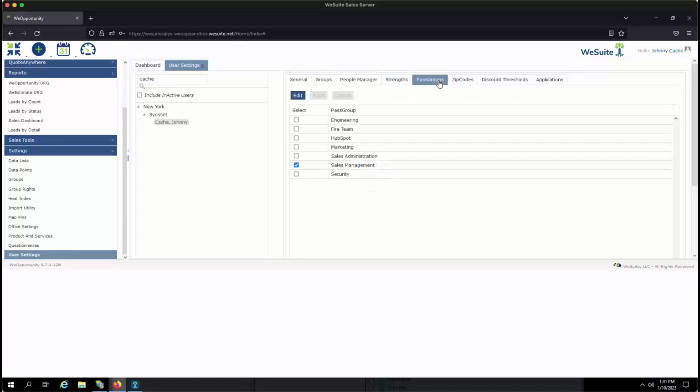Task groups, something that I touched base on a little while ago. Task groups serve as a complement to a region or office. A task group is generally a small group of users that distribute leads within their respective office or branch. Probably the best example of this is to say, let's say you have an office that has 30 users, and